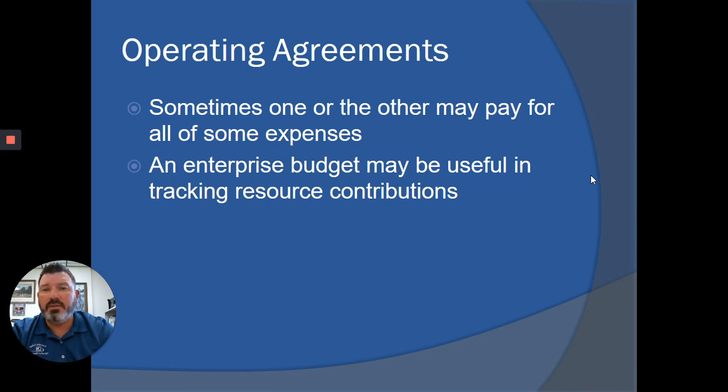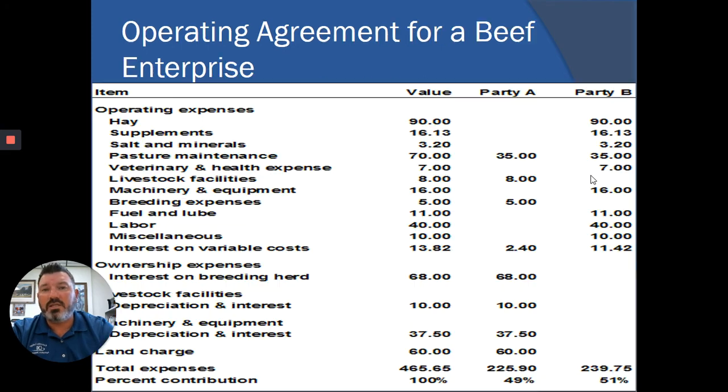Obviously, that sounds a little bit cumbersome, and it is occasionally, but that's a way to utilize an operating agreement. It's difficult when you talk about budgeting that in, whenever we start to bring those things into play: whose balance sheet does that appear on, and what proportion of it, and who pays the expenses, and where do those occur on the budget lines and so forth. So those are a little bit more difficult, and you don't see a ton of these, but occasionally this is a way to split some expense between 2 different operations. And here's a good example in a beef operation: maybe you're splitting the cost of pasture or feeding expense or something of that nature.